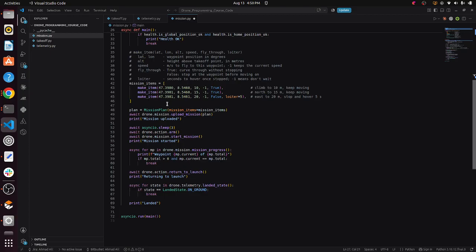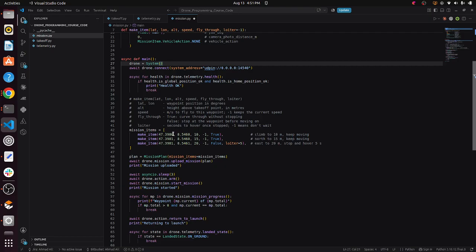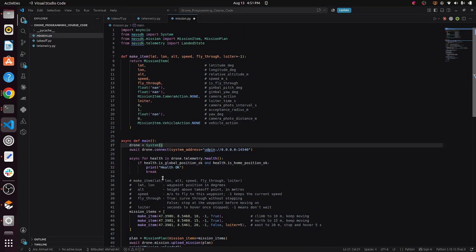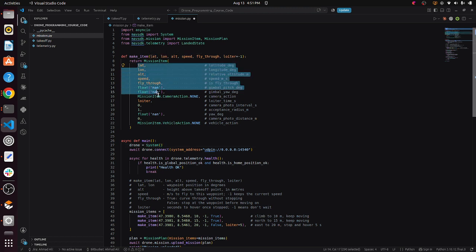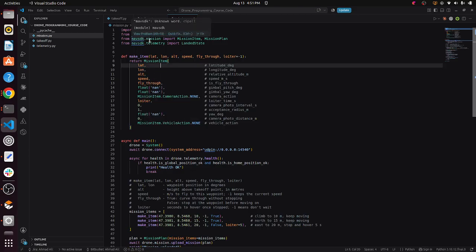So here I have made a helper function called makeItem, and all that does is make our mission items a little bit easier. To make a full mission item, you'll actually need to specify all of these parameters here, as you can see with the mission item class that we imported from mavsdk. And we'll need to fill out,